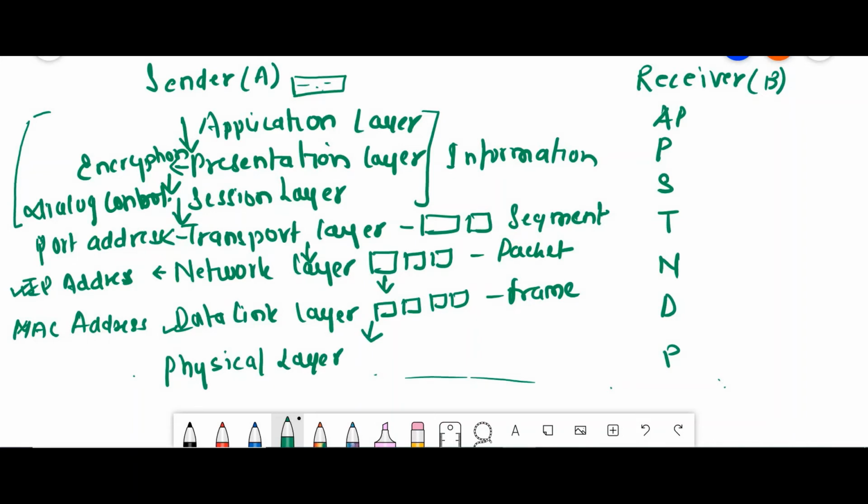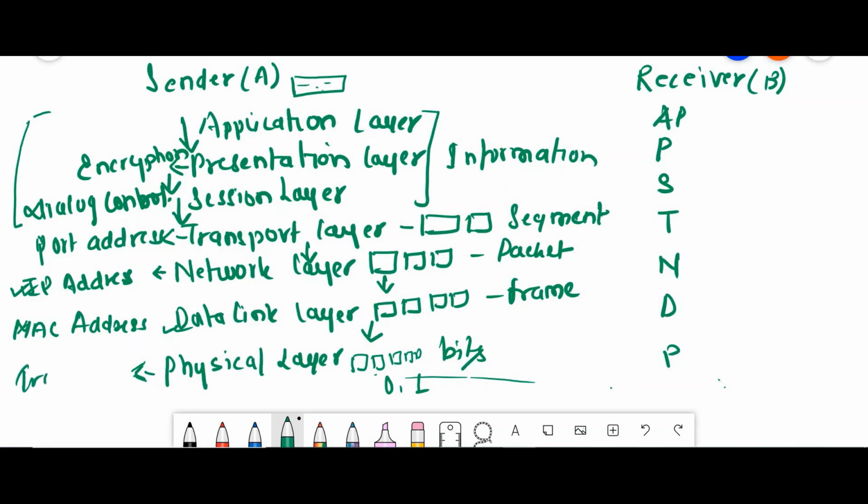So in this layer, this frame is broken into smaller chunks called bits. Do you know what bits are? They're zeros and ones. So the frame is broken into zeros and ones. Another functionality is transmission: how we transmit the data through a transmission medium or a wireless medium. Similarly, topologies and electrical specifications: we have to convert this bit into an electrical signal and only then it will pass. All this is decided in the physical layer.